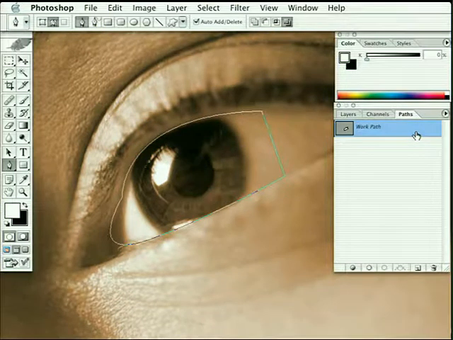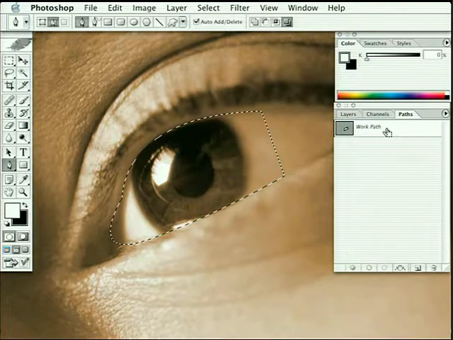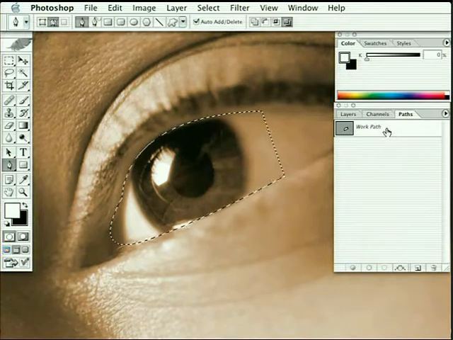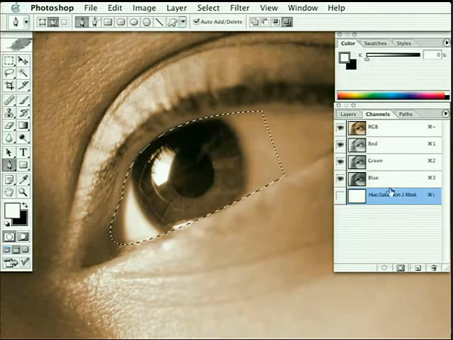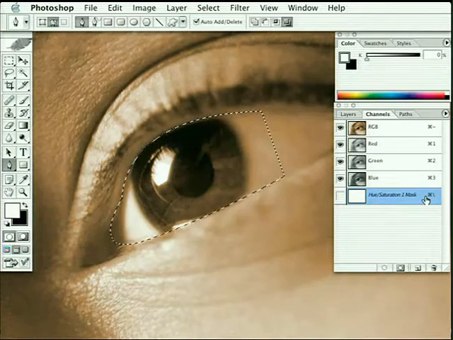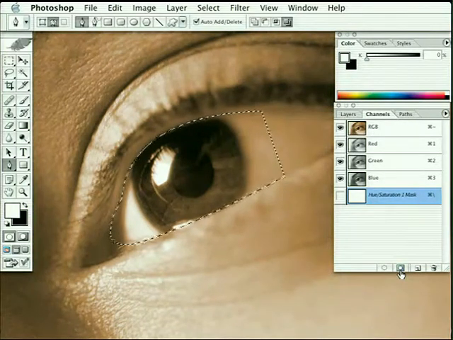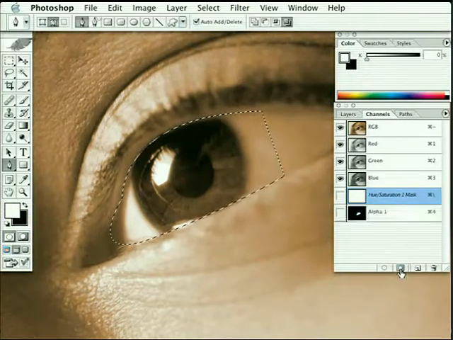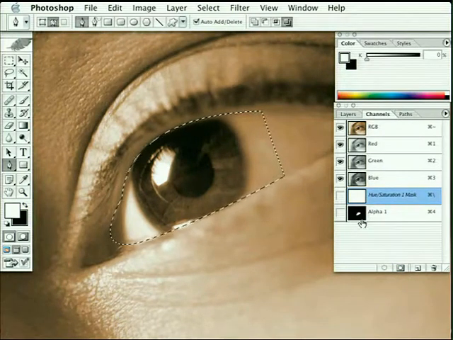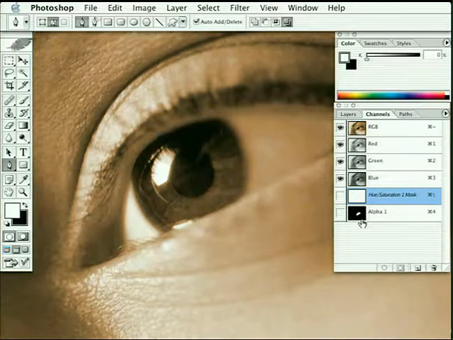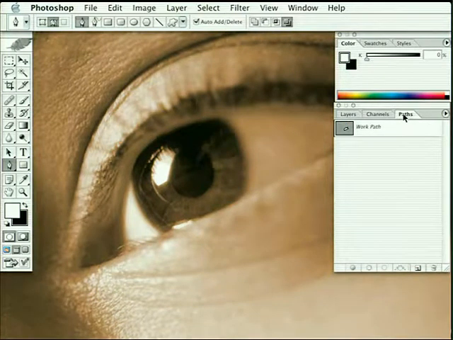So what I'm going to ask you to do is, again, hold down the Apple key or the Control key, click on the name of the path, turn it into a selection, and then come to the Channels palette. We can see our red, green, blue channels, as well as the hue saturation mask we currently have active. Just simply click down here to create a new channel from the current selection. You can see it appears there in Alpha 1. Now what we can do, Command D or Control D to deselect,